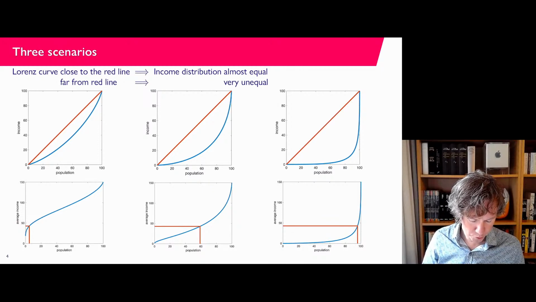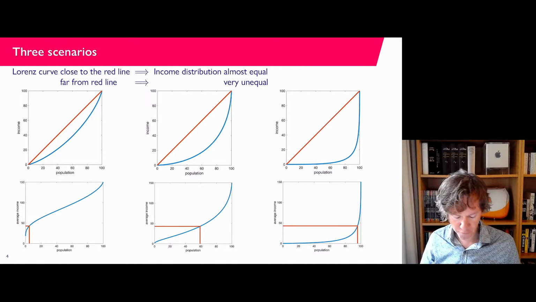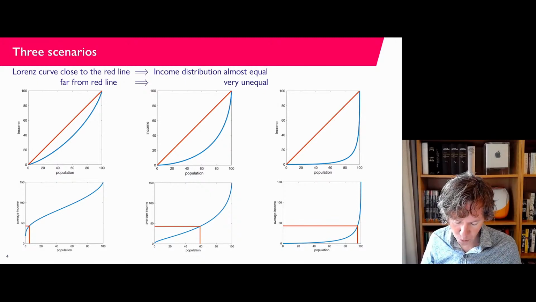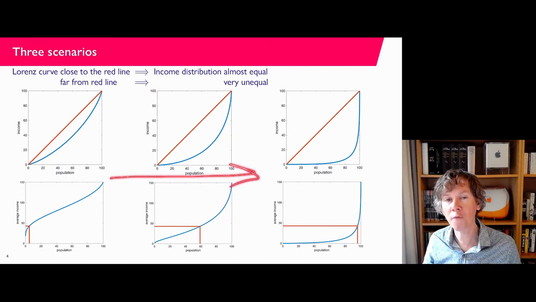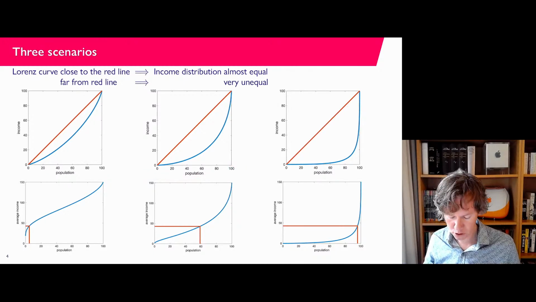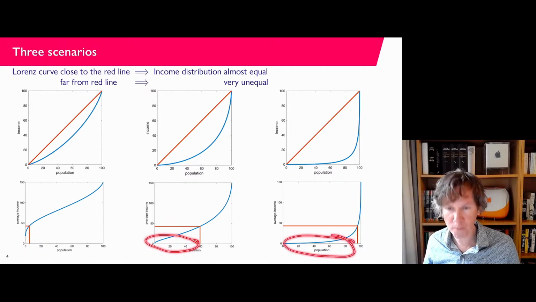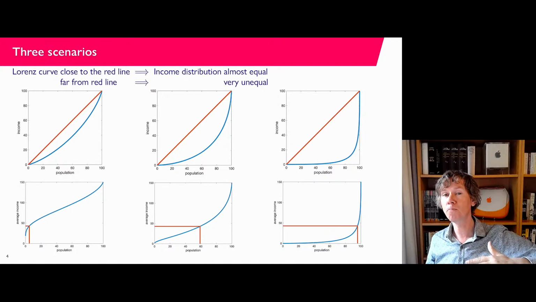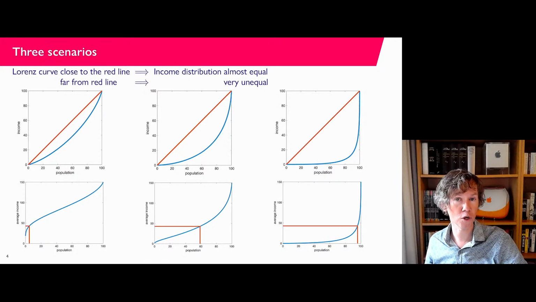And what you see here on the left, when the income distribution is quite even, you see that there are few people who are below this basic amount of money that everybody needs. And the more uneven, so the more you go to the right and the more uneven the income distribution gets, you see that there is a larger amount of people, and here it's almost the entire population, that are below this level. So basically they are too poor to lead a normal life and to have the first requirements that